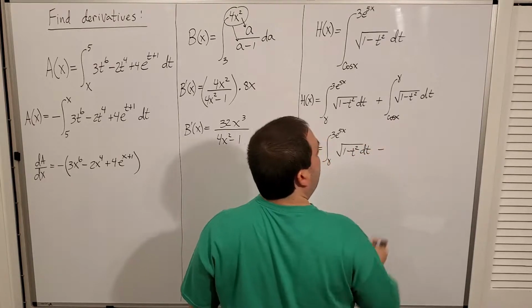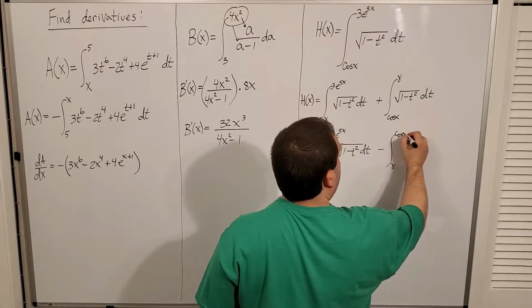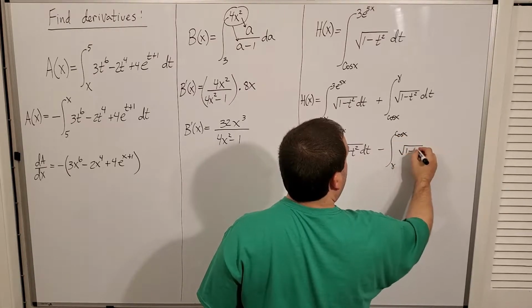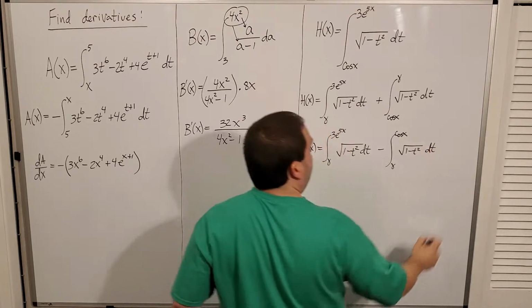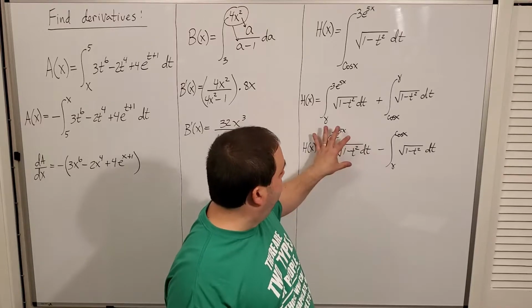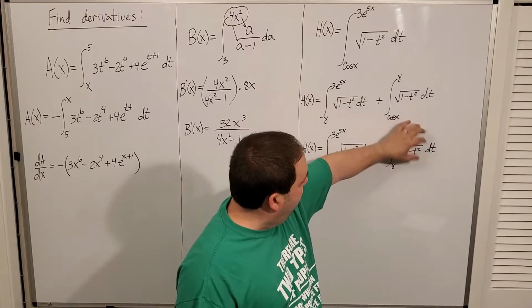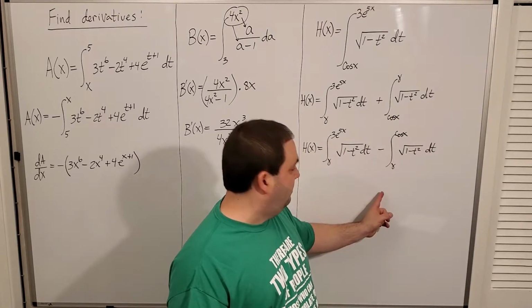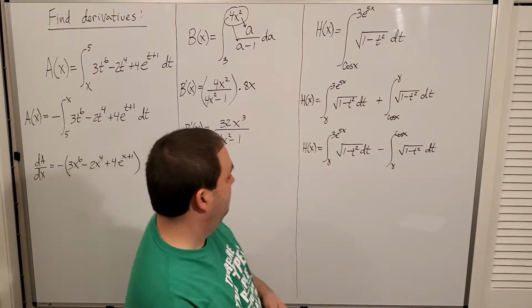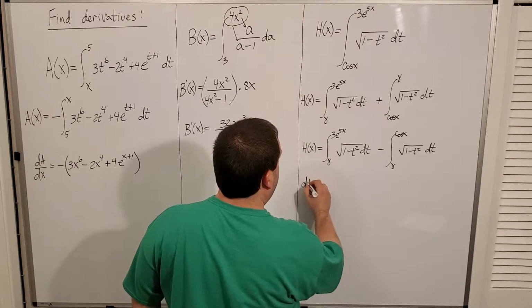But now I have minus the integral from gamma to cosine x of square root 1 minus t squared dt. And of course, rules of derivatives say that I can split it over subtraction. So I'll do just the derivative of this one and just the derivative of that one and keep the negative sign in between them. Okay, so h prime, or dh dx,